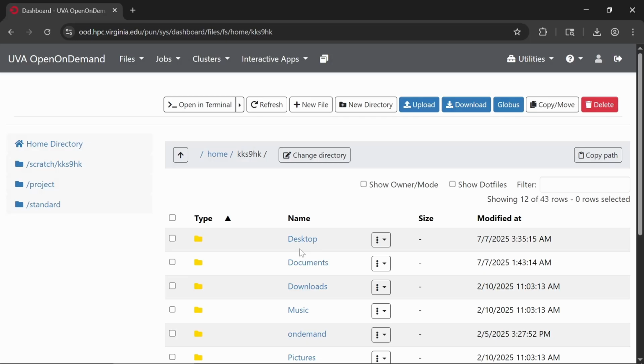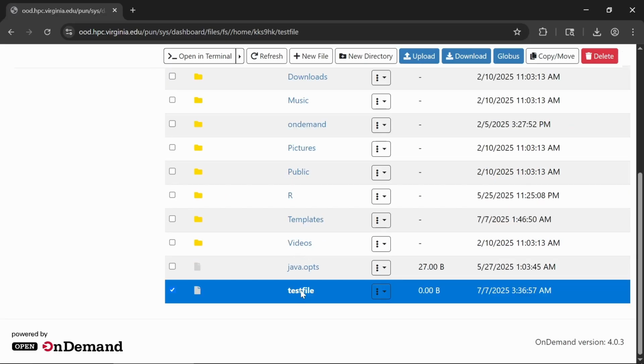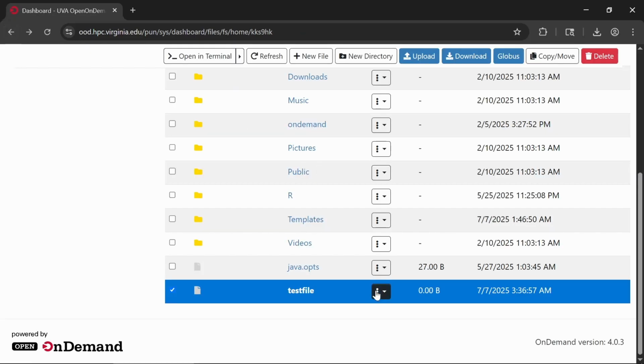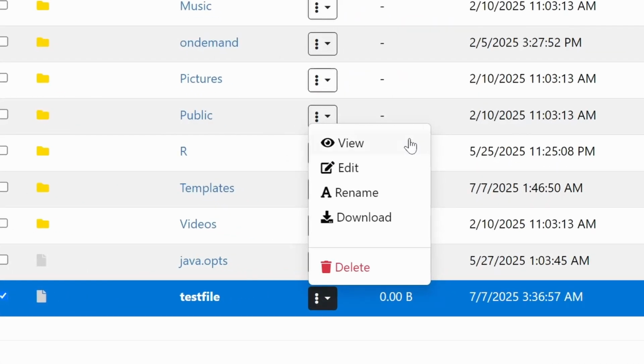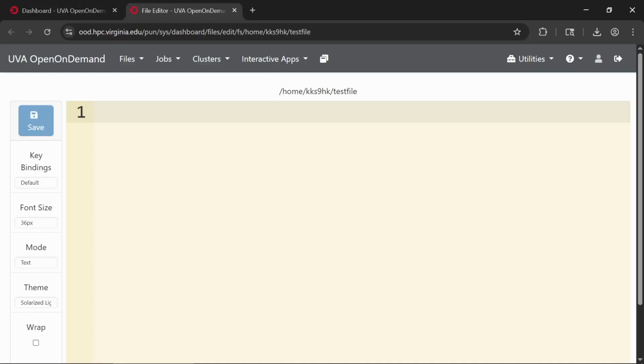Scroll down to find your file, then click on it to open the file. At first, the file will be blank since you haven't added anything to it yet. To edit this text file, click the ellipses on the right. This dropdown allows you to view, rename, download, or delete the file. To edit it, click the Edit button, which will open a new browser tab where you can add content to